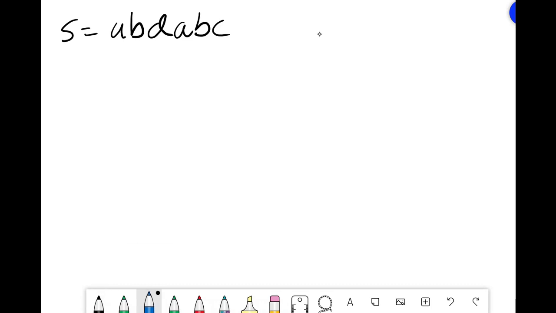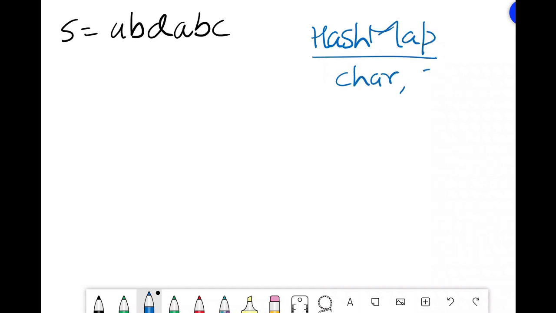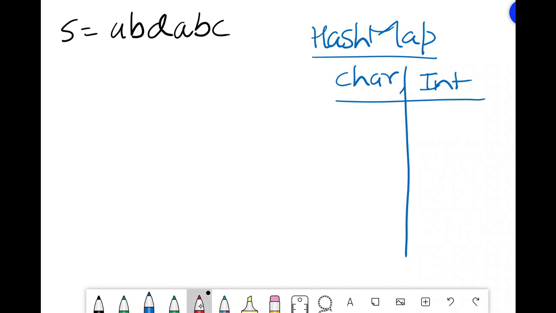So we'll have a hash map here, of type character and int. In this hash map we'll store all the frequencies. We visit A first, it's not in the hash map, so we put it with a frequency of 1.